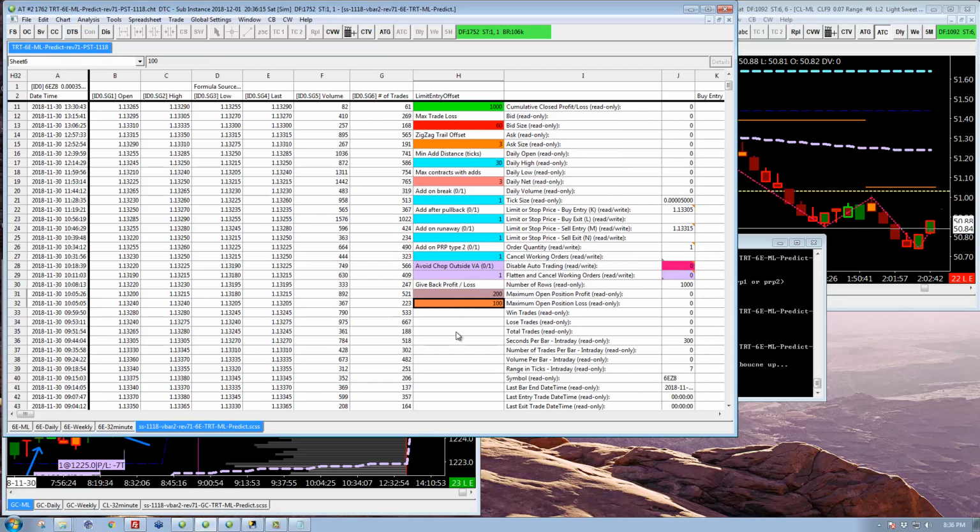This give back feature is not working right now. I broke it in some way and haven't had time to figure out how I broke it. Okay, it's something simple, but again, I just haven't had time to do it. So don't depend on that for now. Okay, the other thing that's been taken out actually is this